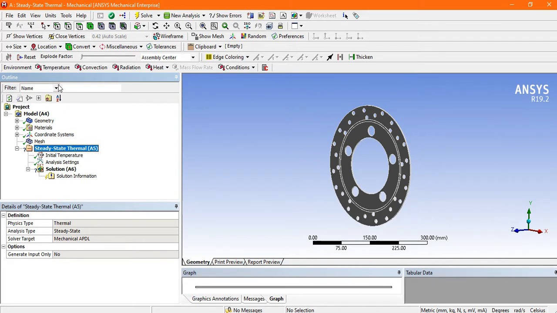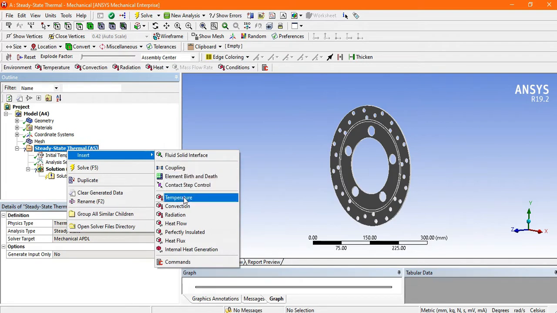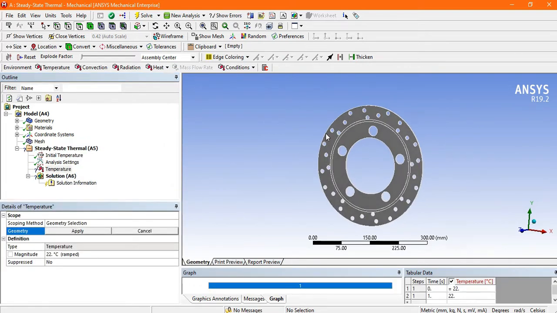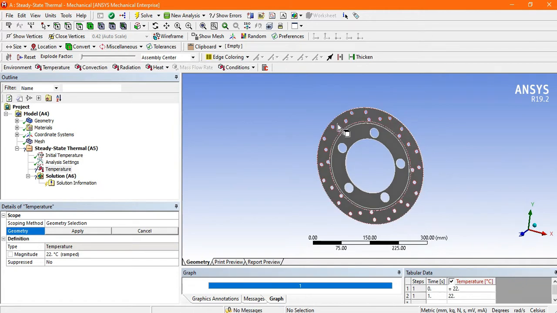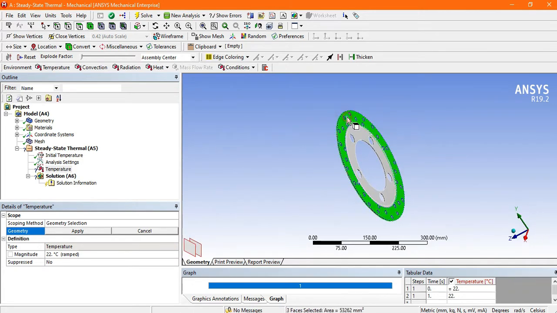So first right click on the steady state thermal, go to insert and select temperature. This is the face which you have to select, where the temperature is generated by pressing this disc. So just choose this surface from both sides.